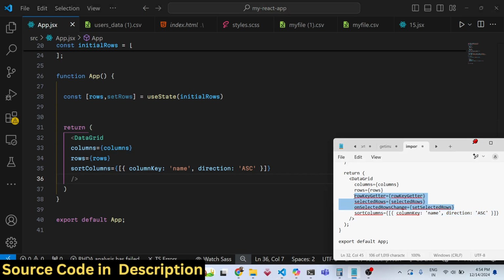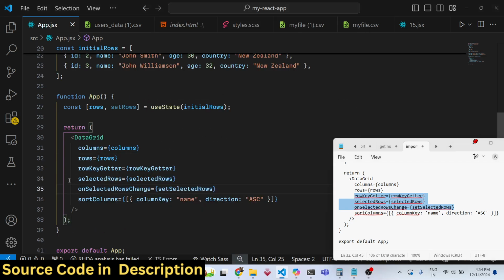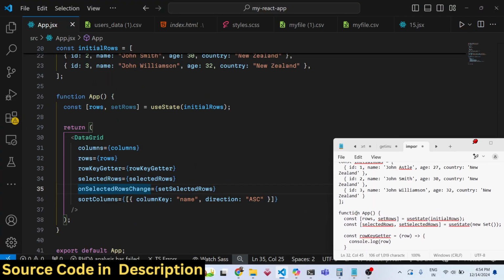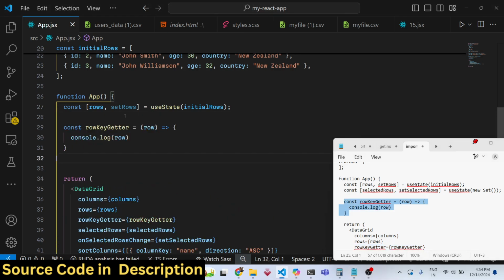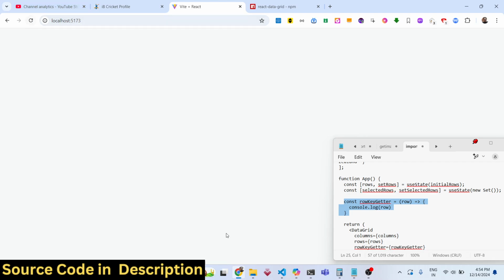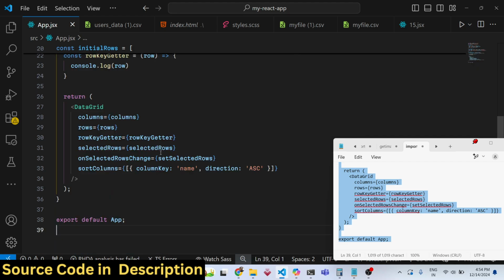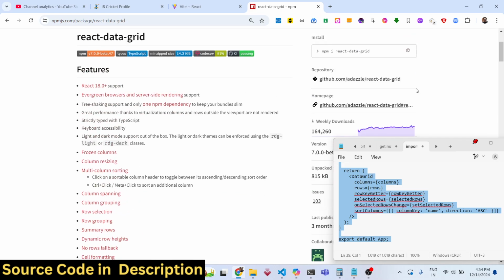If you want to get the data which the user selects, you can bind these attributes: row getter setter, selected rows, on selected rows change. You just need to specify the callback functions. When you select a specific row of data, it will display the actual row of data that you selected. All the source code will be given in the description. So this was a complete example of showing a data table widget inside your React.js application using this specific library,